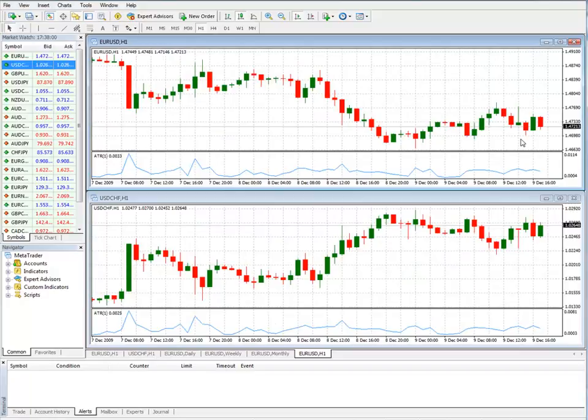Okay. So here's something interesting. We're actually going to place a trade, and we're going to use correlation to help us out, and I'll show you how you can do that. There are ways that you can offset your risk by using correlation that are very, very handy. So here, let's take a look here. Now let's see. Let's say we wanted to